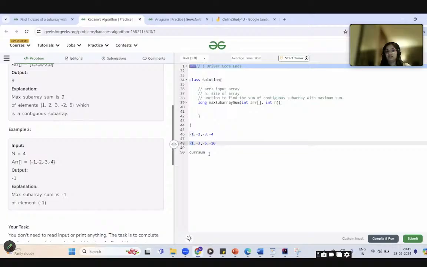So we have to take another variable where we can store the previous sum so that we can compare it with the current sum. We can store it in another variable, say max sum, and then update the current sum as we are traversing through the array.